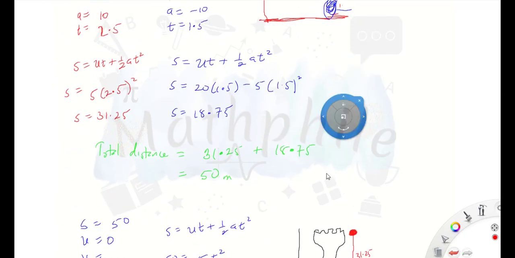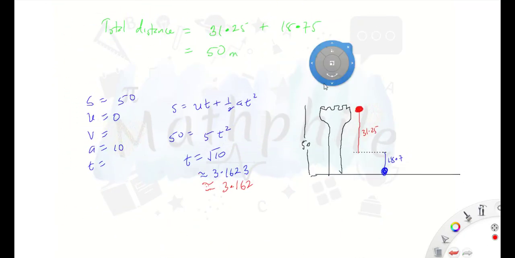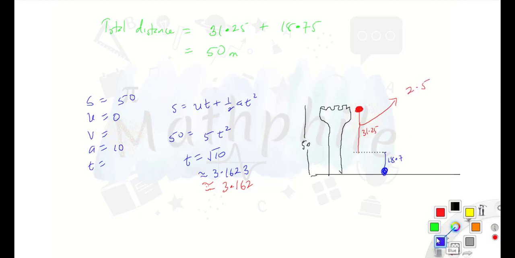Okay, so already the particle had traveled how many seconds for this? At this point, I think the particle traveled 2.5. And this particle, the blue particle, what is the total time traveled by the blue particle? 1.5. Okay. Now we got to know that the total time at which this gets to the ground is